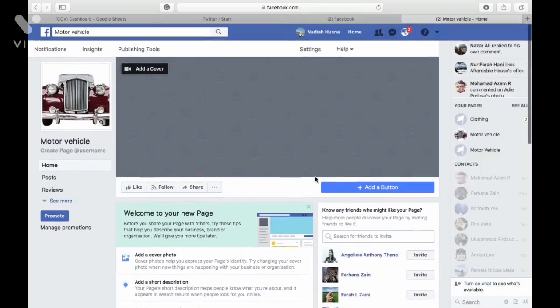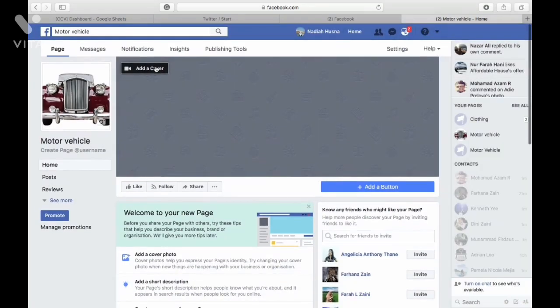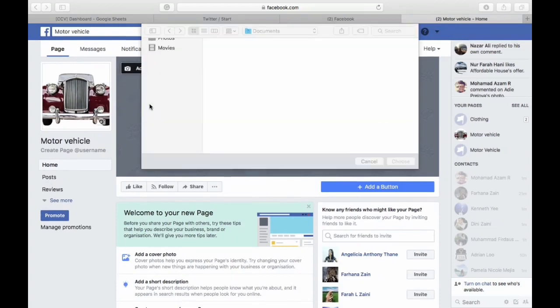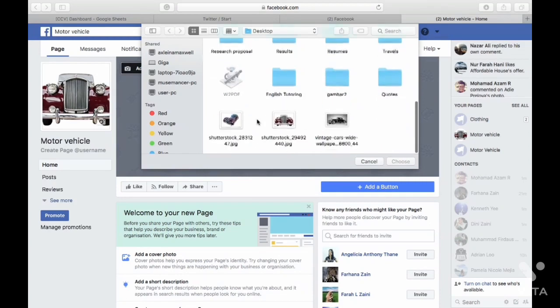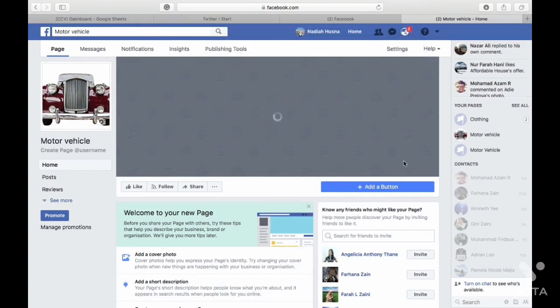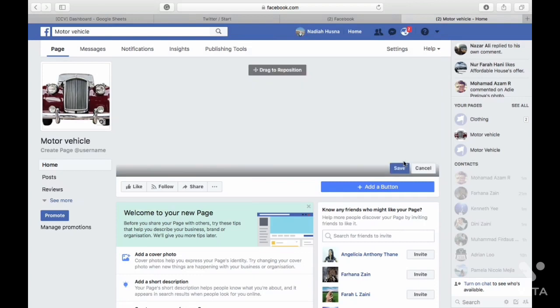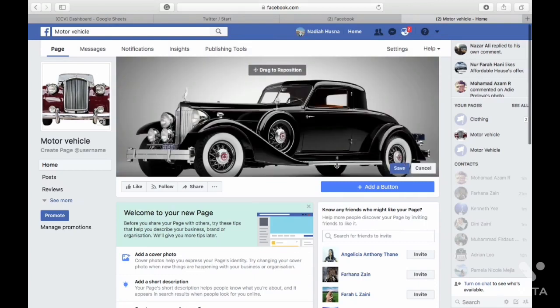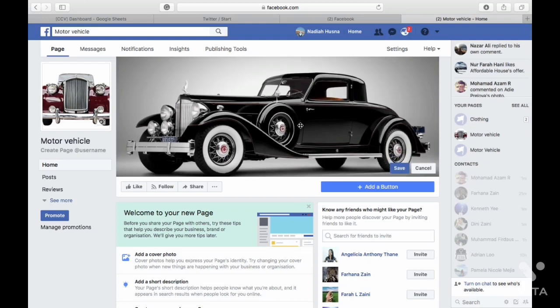For your cover page, it is highly recommended to use high-quality JPEGs, measuring 1640 pixels width and 624 pixels height. This gives you sharper uploaded images. Always keep it simple and put your brand name and logo as the cover page, or use stock images and Photoshop it for a branded touch. To upload your cover photo, click Add a Cover, and you can choose to upload either a picture or a